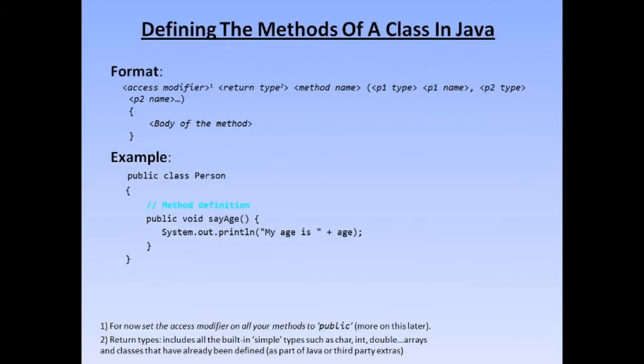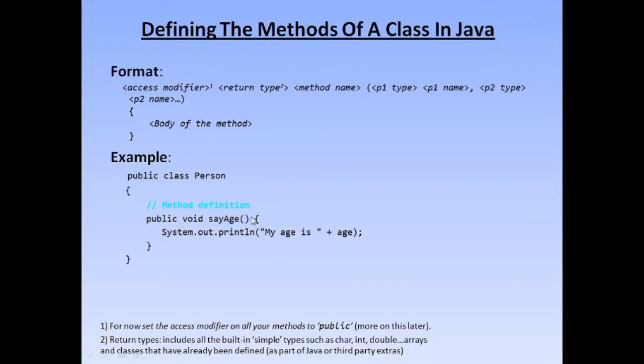Then how do we define methods? We have seen how to define the attributes, but now we want to define a method inside a class. So what will we do? We give the name of the method and provide the body inside the curly braces as a block. Suppose in the person class we want to introduce the say age method, and it has nothing to return, that is void, and its scope is public, so it will be visible from everywhere.